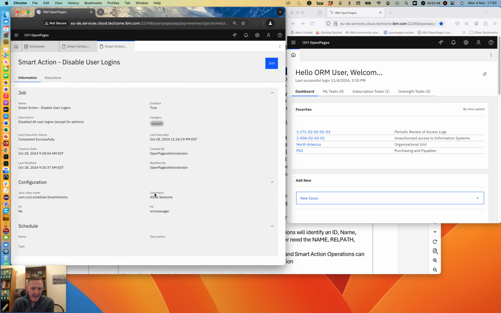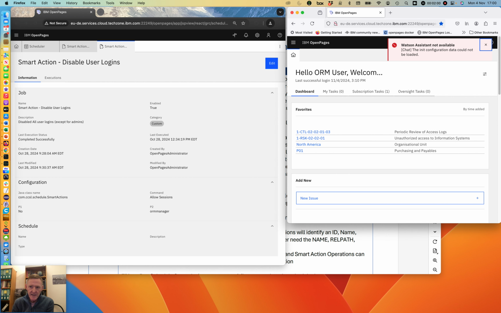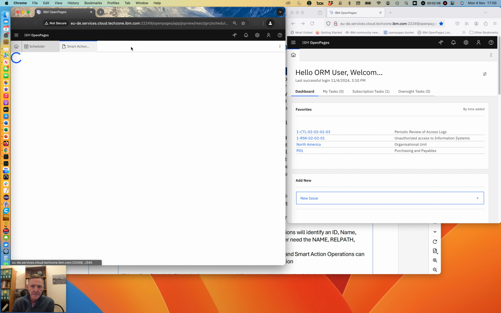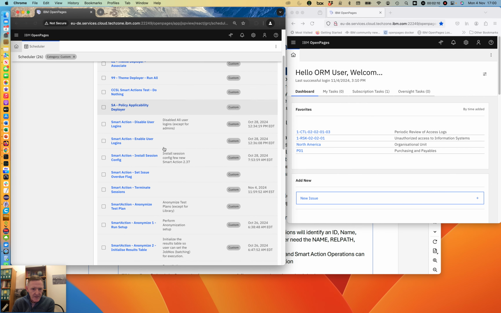So the command is allow sessions, and then the parameter is no. So we're not allowing any sessions. And then the second parameter is any exceptions to that. So in this case, we still want ORM manager to be able to log in. So let's now run the disable user logins first of all. Close those down. So smart action